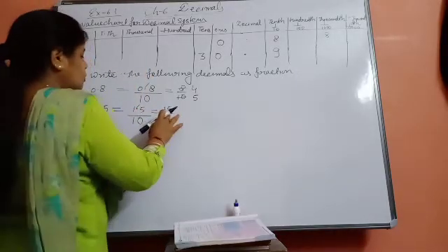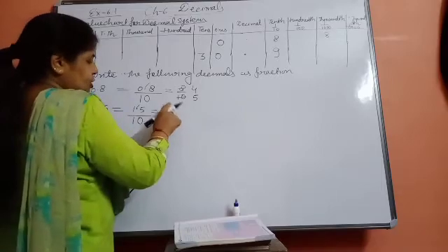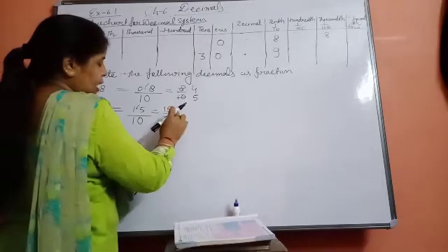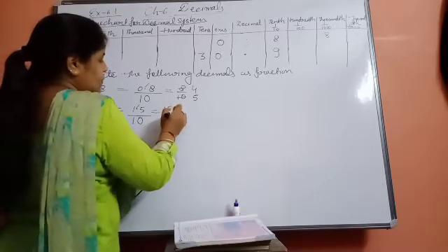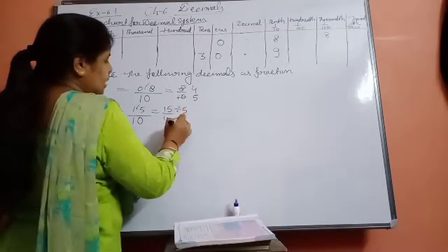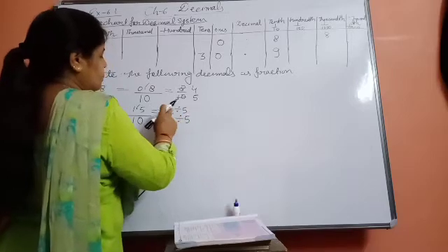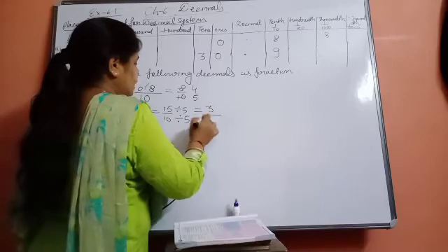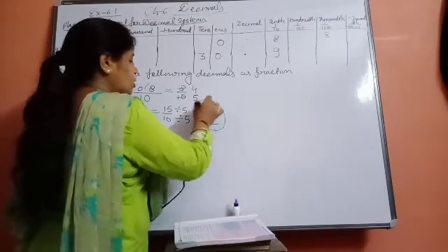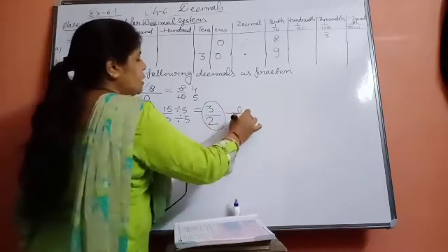Now beta, what will you do? Select one table in which both the numbers will come. So in 5 table 15 and 10 both come. So you just cancel them by 5. Divide them by 5 it means. Okay. So if you divide 15 by 5, what will you get beta? 5 3s are 15 and 5 2s are 10, so 3 upon 2. This will be your lowest form.